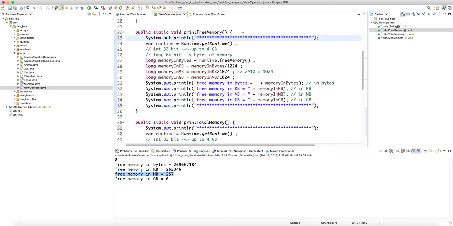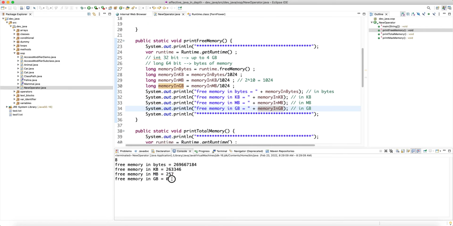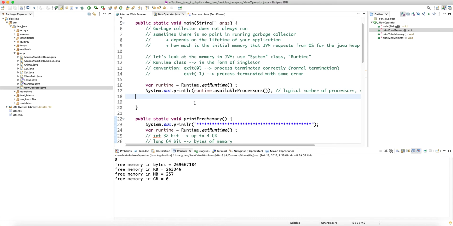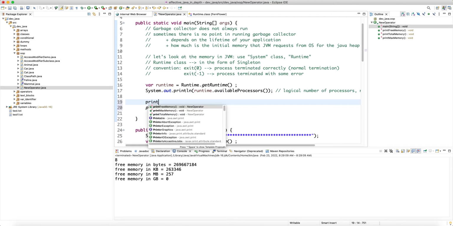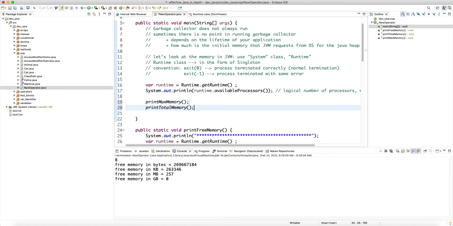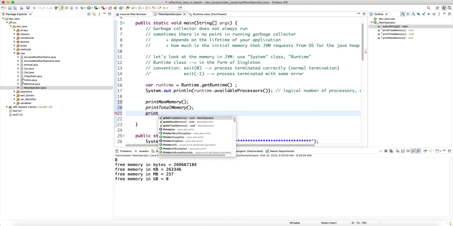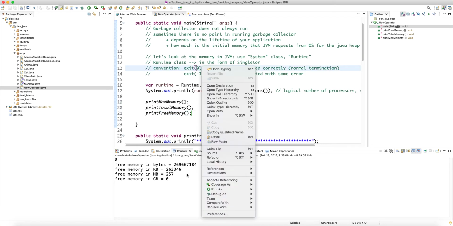One thing to keep in mind is that these are not necessarily very accurate. If you call this method and it tells you 257 megabyte, in reality it could be something more or less. There could be maybe 1%, 5%, or even 10% error. That's fine. These give you a ballpark of what's going on. They are not supposed to be extremely accurate. So if we run our application, we're going to start with print max memory, print total memory, and then print free memory. So let's run this